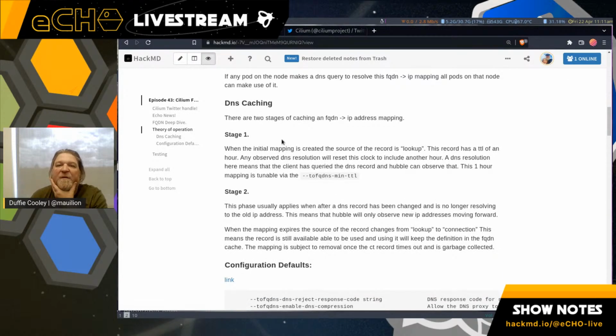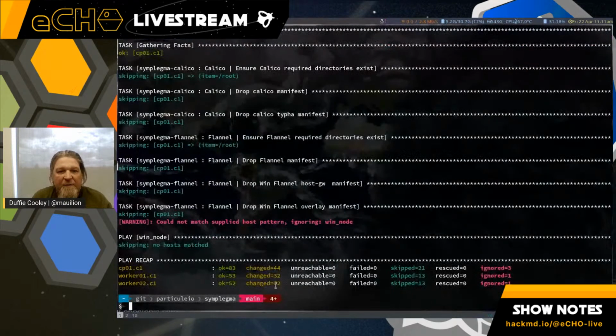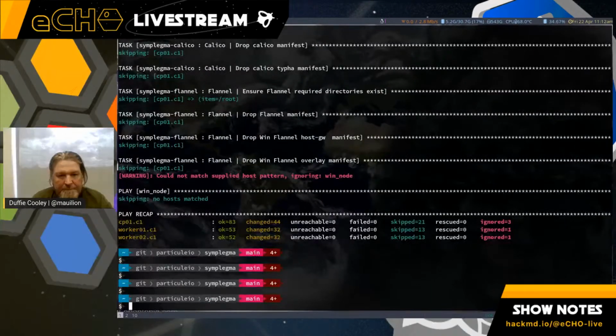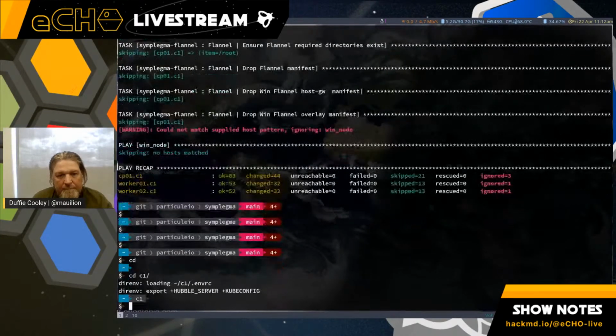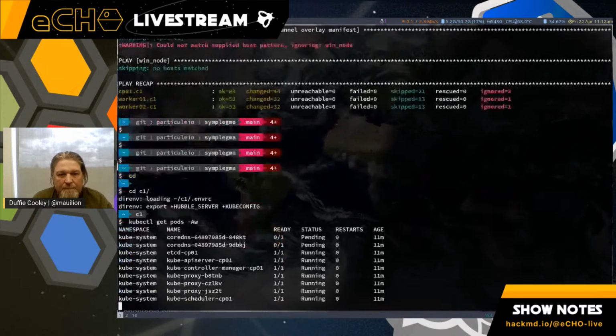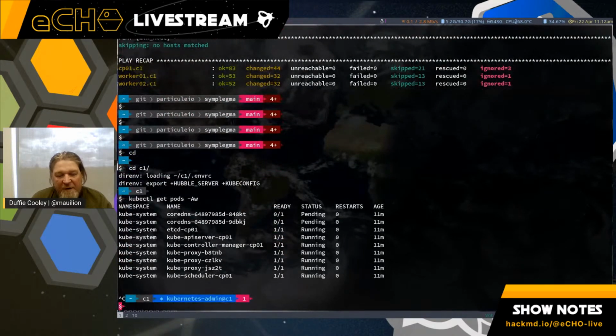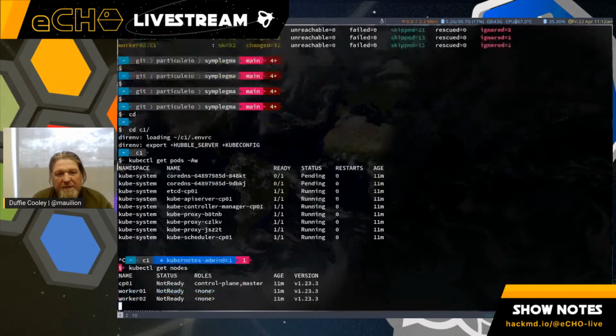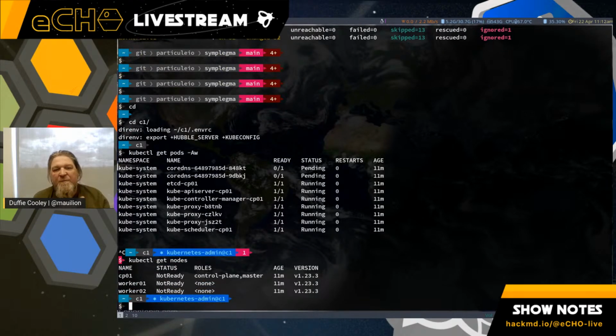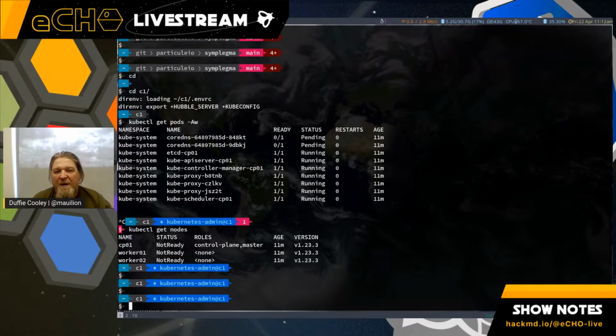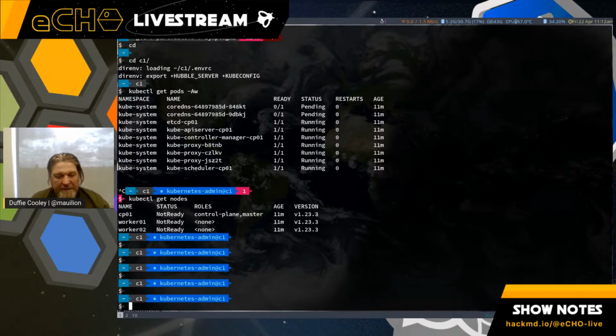Now, let's go ahead and just take a look at our cluster, see how we're doing over here. What I've got right here is a cluster that has been created. If I do get nodes, I can see that I have 3 nodes, one control plane node and 2 worker nodes, and they have been configured. We're operating Kubernetes 1.23.3. I've only just stood these up. Let's go ahead and do our Cilium install.